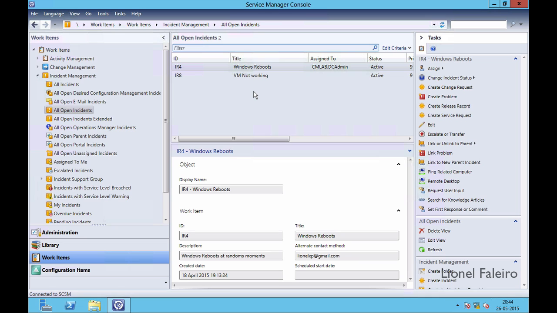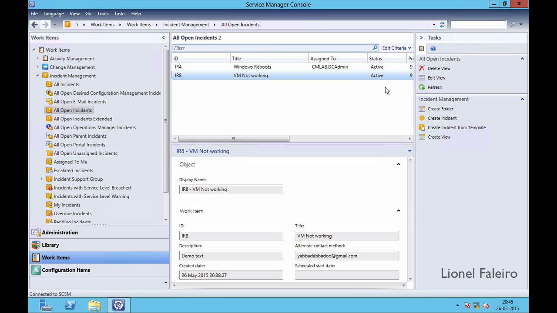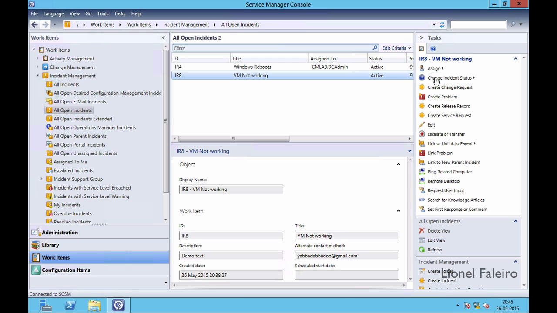Now I want to close the incident. We cannot close that incident directly. I need to first resolve an incident. If I click on, let's say, VM not working again, and then I will click on change incident status, and I need to resolve it first. Let's see, change incident status. I will click on resolve,